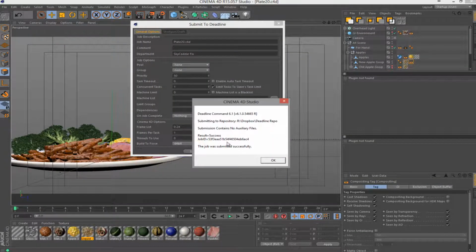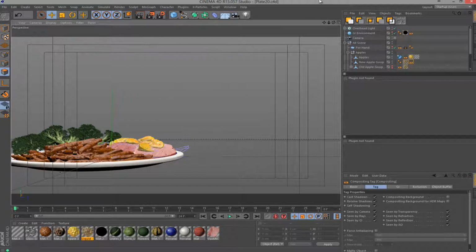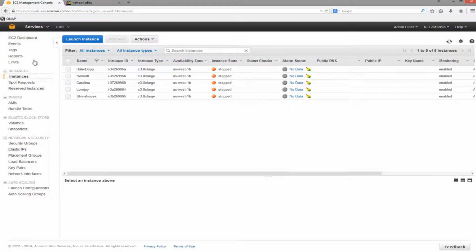Alright, so it says result success, so enjoy. Now it'll just sync to Dropbox. While we're waiting for that, I'm waiting for Dropbox to upload my project. It says 7 minutes left. So while we have that 7 minutes,